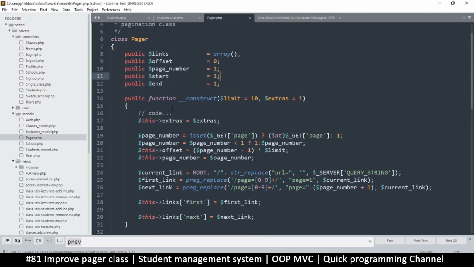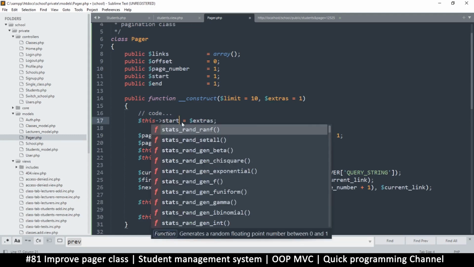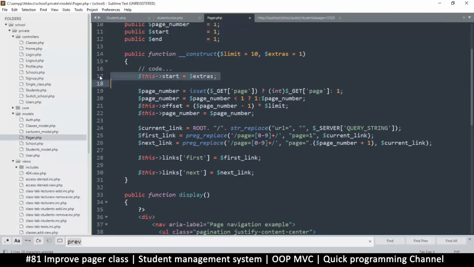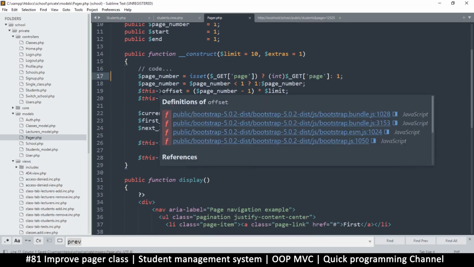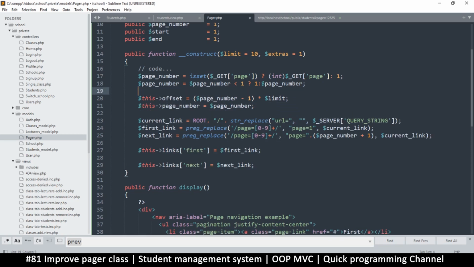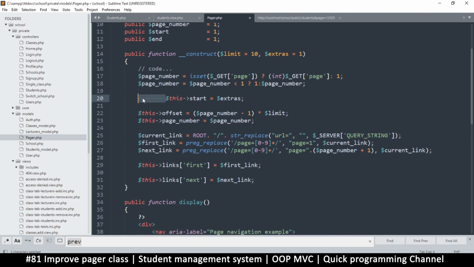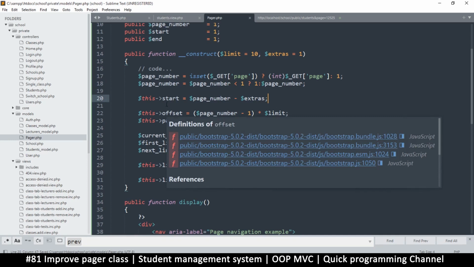Okay, so too many things being added, but it will all make sense eventually. So instead of having extras here, what I will do is I'll say this start is equal to the current page where we are. So this is the page number, yes. So this start will be equal to page number, the current page where we are, minus extras. Okay. And then we will say